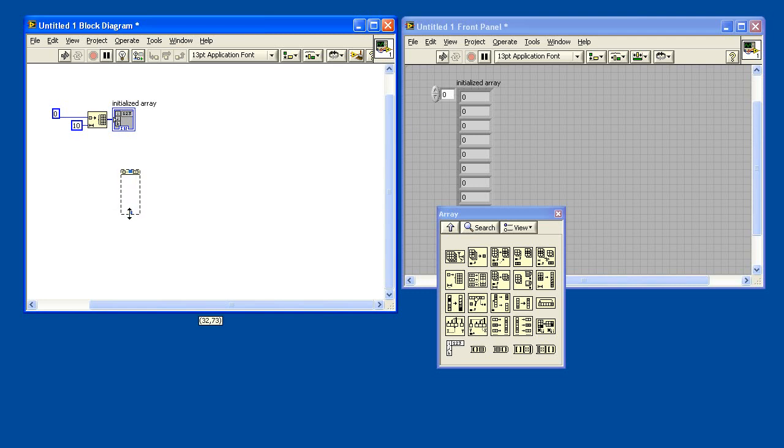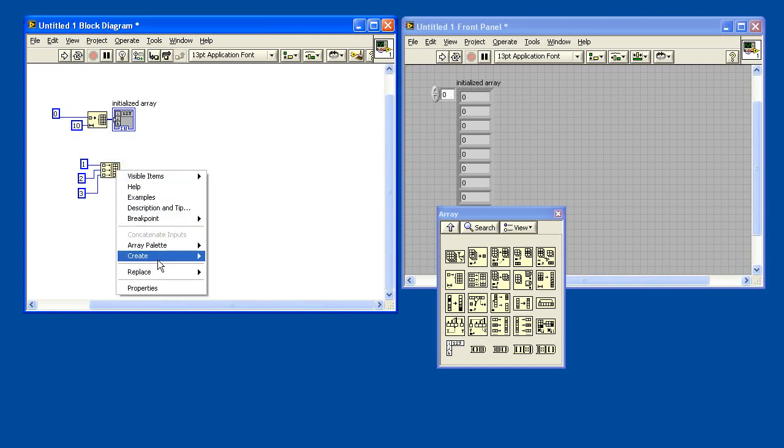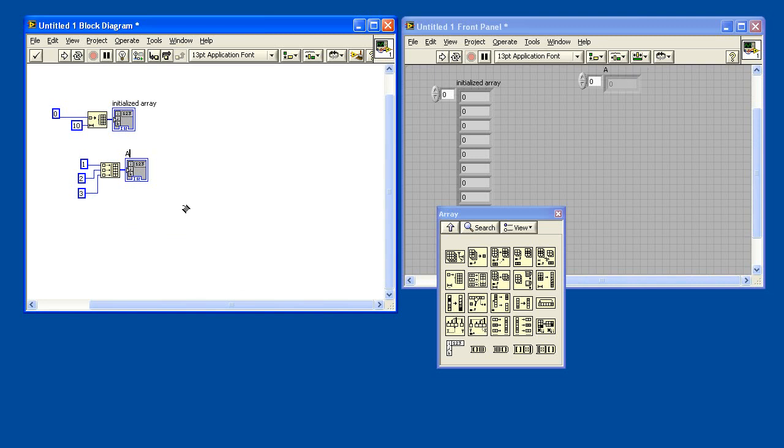I can again stretch this out, and instead of making the constant array as I made before, I can just say, okay, let's connect a 1, and now I have a normal constant. I can add another constant, and I can add another constant. And now I have 3 constants of the same type, and these 3 constants are now added together in an array. So now I can say, okay, this is my array,